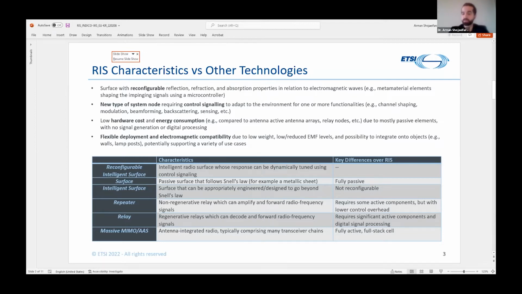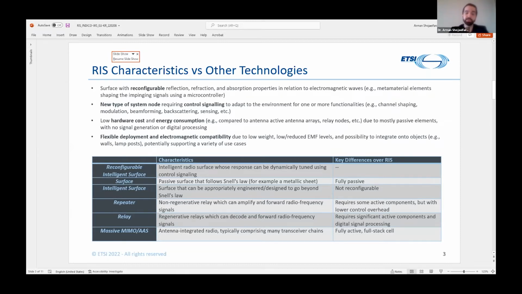Surface means that the composition is done in a certain way to allow certain electromagnetic characteristics. And this is using mostly passive components. For example, integrating switches and phase manipulating units, so PIN diodes, varactor diodes, liquid crystals, essentially to control phase and impedance patterns on the surface.